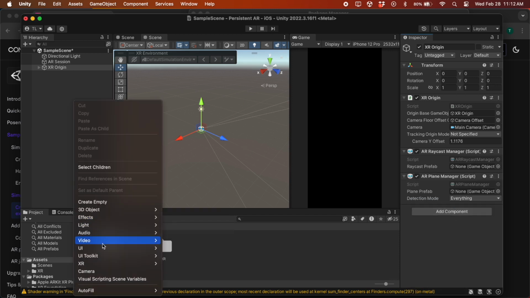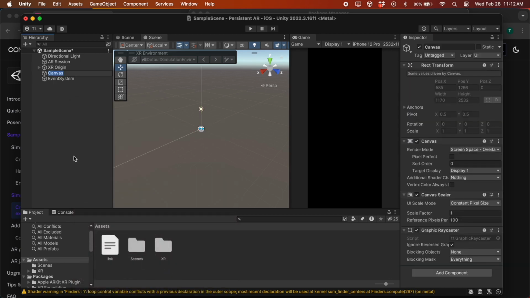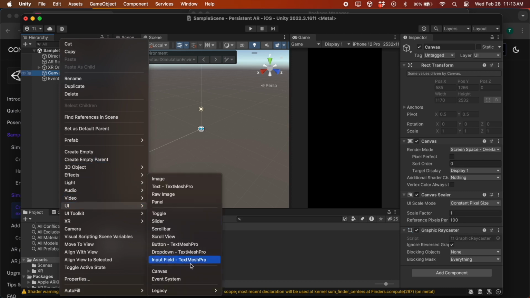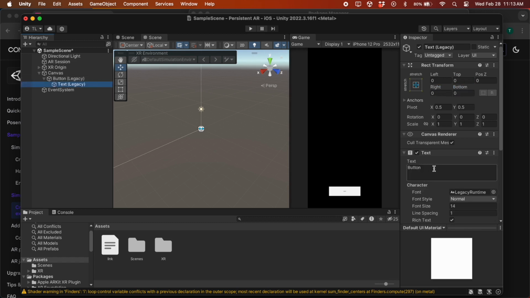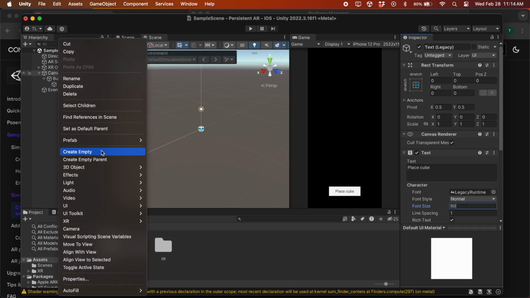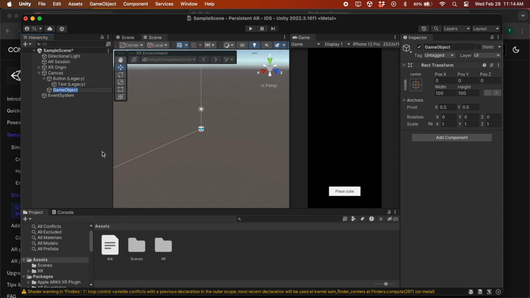Now create a canvas for the app's basic UI elements. Inside it, we'll add a button for placing cubes and adjust its parameters. Next, we need an empty game object to hold the calibration UI elements, which we'll call Calibrate UI.